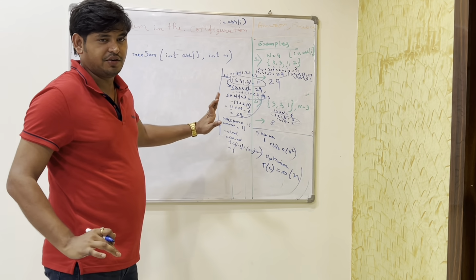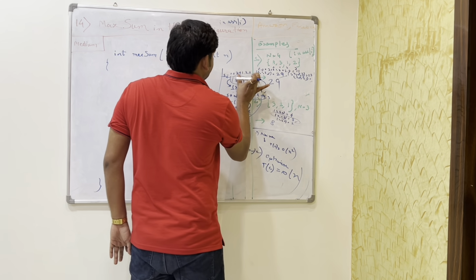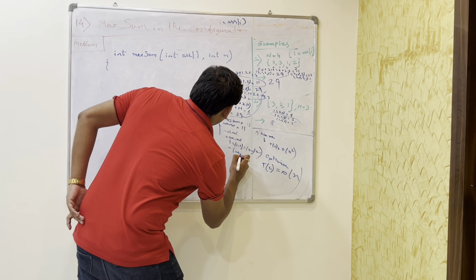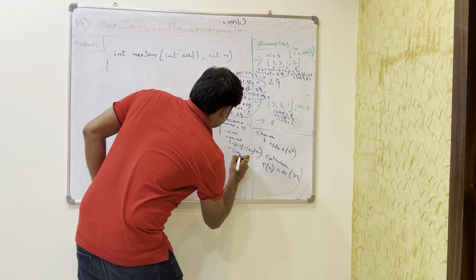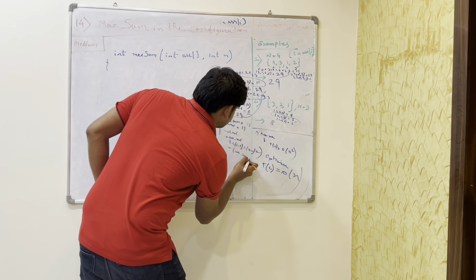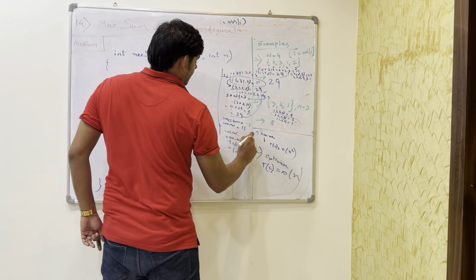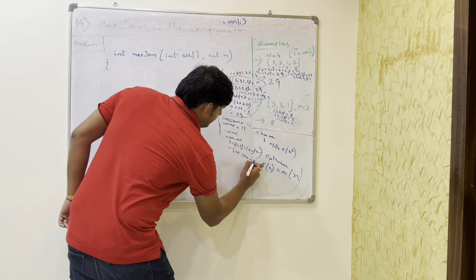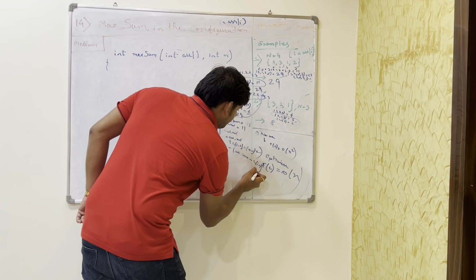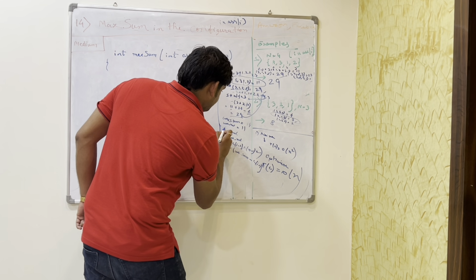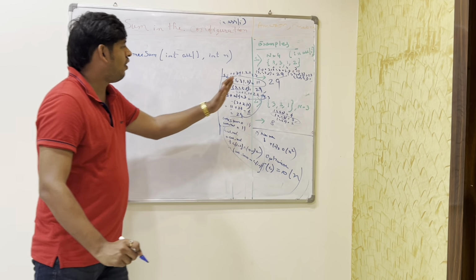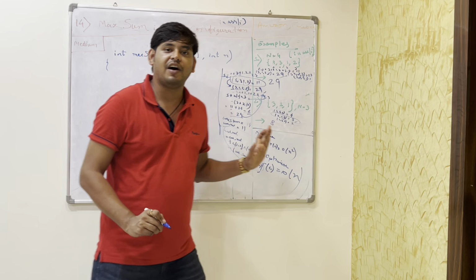Because 8 is already 0. So how can we get the rest of the elements? We can get the rest, 3 plus 2 plus 1, if we subtract from the current sum the first element. What is the first element here? A[i minus 1]. So if this formula is used for all the rotations,